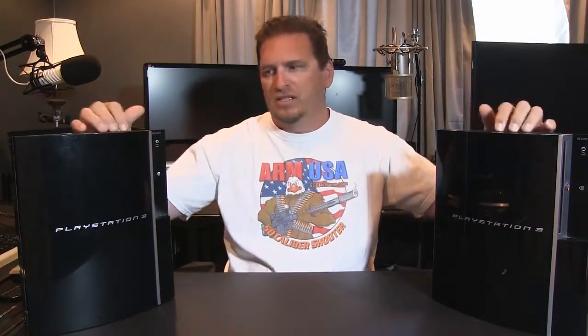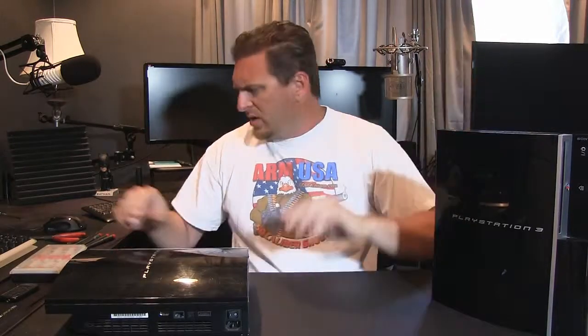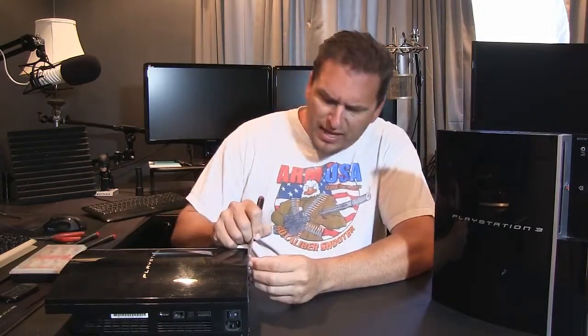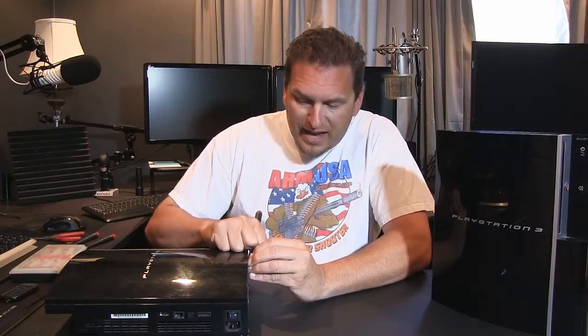All right, so what I have here is two PS3s, and I'm going to start disassembling these as we talk. This is my old PS3, one of my original ones that I ever got, and it broke a long time ago. I repaired it 3 or 4 times and then finally had enough with it. This was my PS3 that I'd used for about 2 years straight, playing Blu Rays and DVDs and games and everything else. And just recently, out of the blue, I hadn't played on the console in a while, and out of the blue,